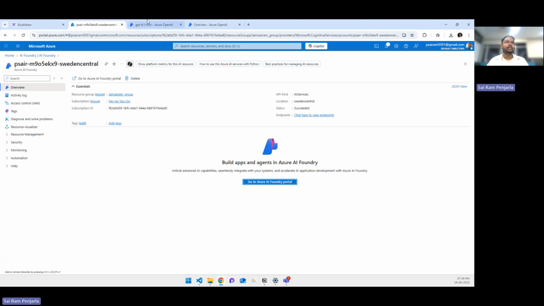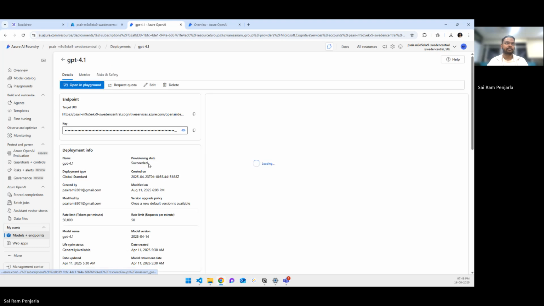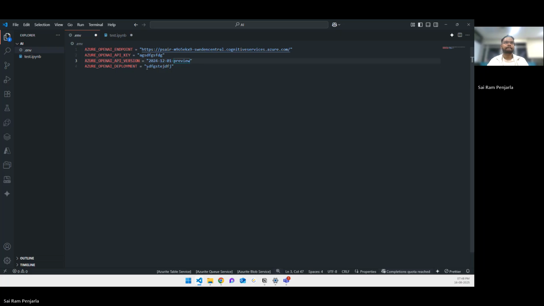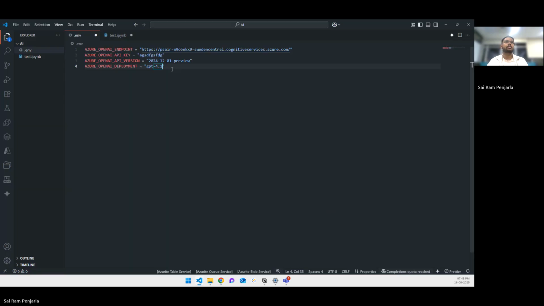For my deployment, I'm going to use GPT 4.1. Okay, finally the API key. So I'm going to